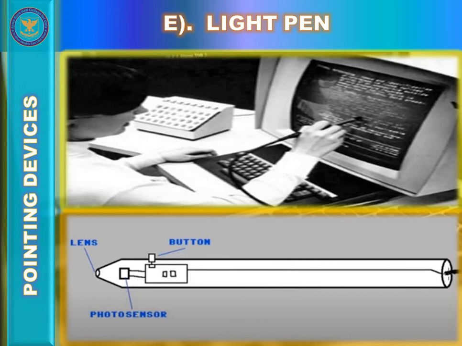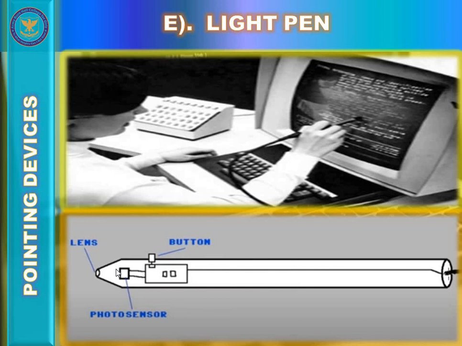The light pen is a handheld pointing input device. It looks like a pen. If we talk about its structure, the tip of the pen contains a photocell, a photoelectric cell, which is a light sensitive element. Its function is that the light pen is used to point to an object or draw on the screen. The screen is refreshed about every few nanoseconds. So the main advantage of the light pen is that there is no need to type data or write data. It can input the data directly from the screen of a CRT monitor.